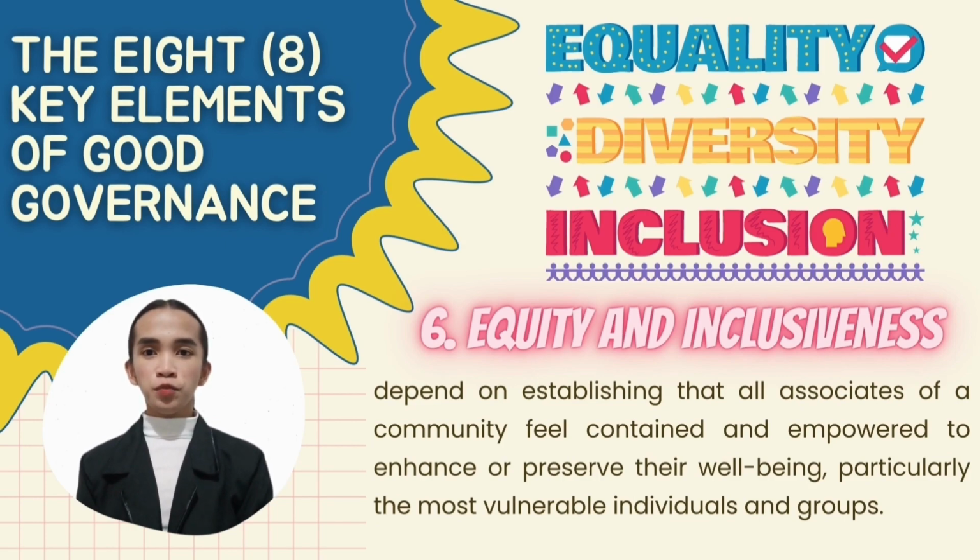Sixth, in line with the importance of good governance, is equity and inclusivity. This principle entails ensuring that all members of society feel included and do not feel excluded. This feature particularly applies to ensure that the views of minorities and the voices of the most vulnerable in society are considered in decision making. In addition, this necessitates the establishment of mechanisms to ensure that all stakeholder groups have the opportunity to maintain or improve their well-being.